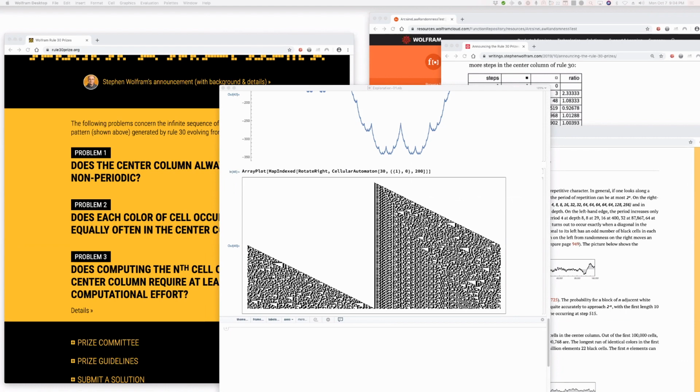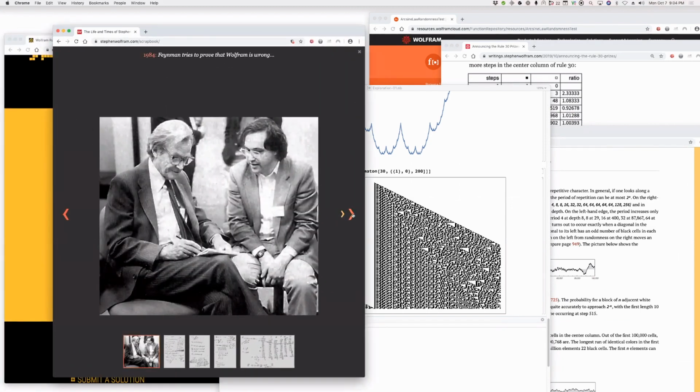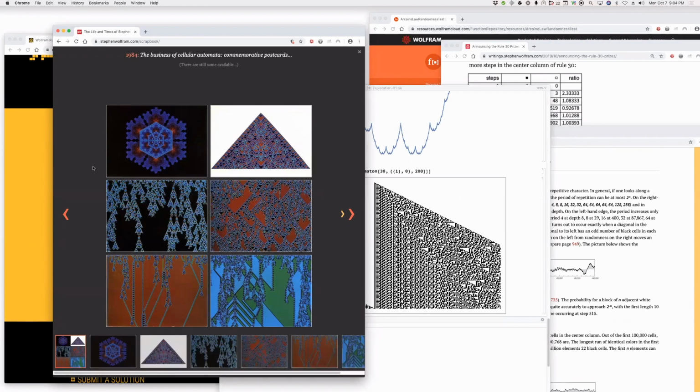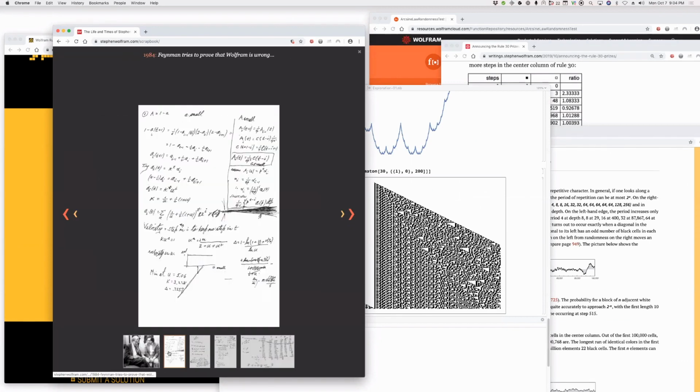One person who had interesting things to say was a physicist named Dick Feynman. That's a picture of me with him, but this is, oops, that's not what I wanted. I wanted to go down to those. These are some notes that Dick Feynman made, back in 1984, trying to compute the rate of the wiggling of that line between sort of order